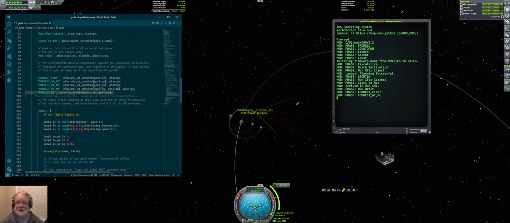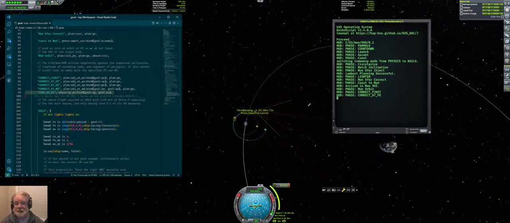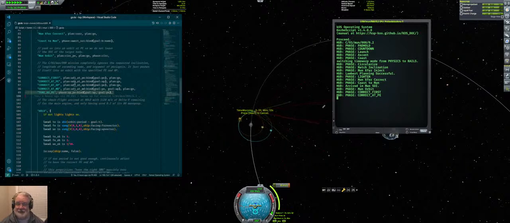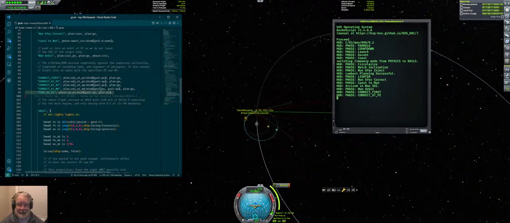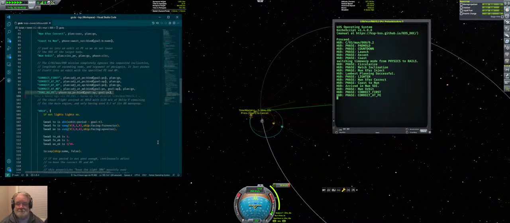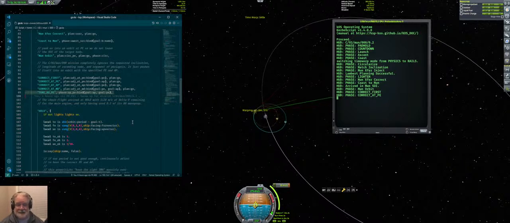Now, what we actually wanted was a circular orbit. So a lot of the complexities of the PE and AP management here become trivialized, but I wanted the code to be general. This does work if we have different AP and PE. We just don't want to do that for this constellation. I want this constellation to be circular. So,